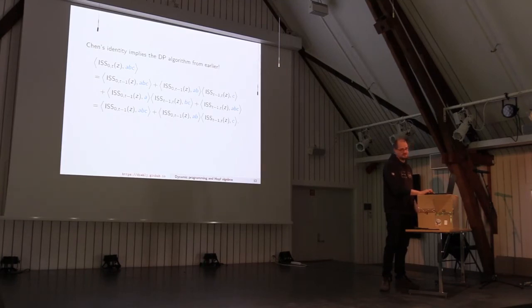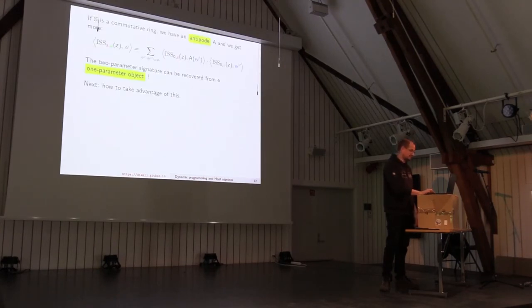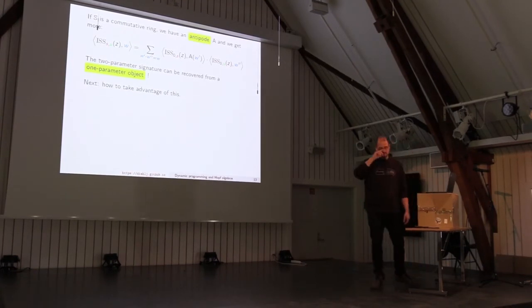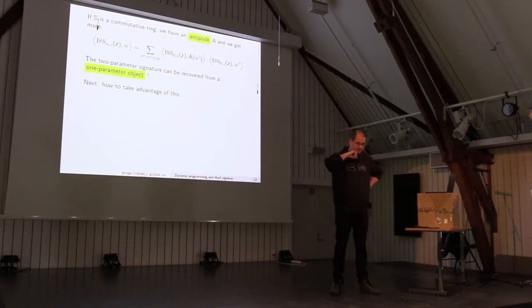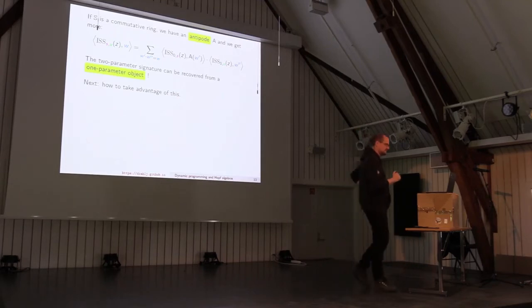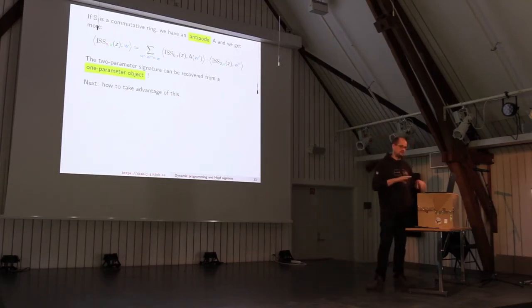That's the dynamic programming principle. We get here in a complicated fashion from Chen's identity. So in some sense, Chen's identity encodes in a Hopf algebra and in a bialgebra so far a dynamic programming principle. I always said Hopf algebra, should have said bialgebra, because I said we work over a semi-ring, and over a semi-ring you don't have additive inverses. So then an antipode does not necessarily exist. But if you're in the setting where we have additive inverses, we have an antipode, yeah, and then I can take inverses. And without going into details, you can get from this that